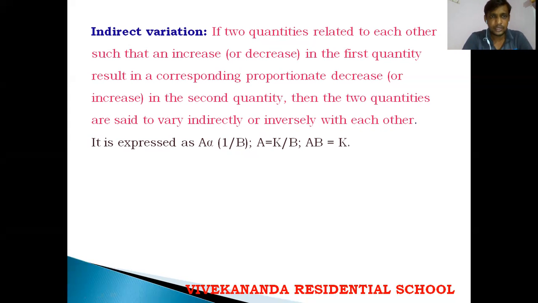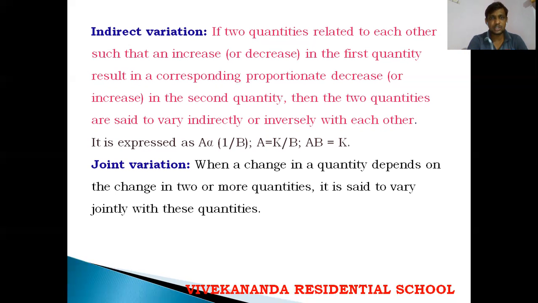Okay. Now here, if two or more terms are there, then we'll use the formula x1 y1 is equal to x2 y2. This is the inverse proportion formula we'll use. Next is joint variation. When a change in the quantity depends on change in two or more quantities, then it is said to vary jointly with these quantities. That means days, work, and time. If these three are there, if days are more and members are less, then automatically the time will increase. So in that way,